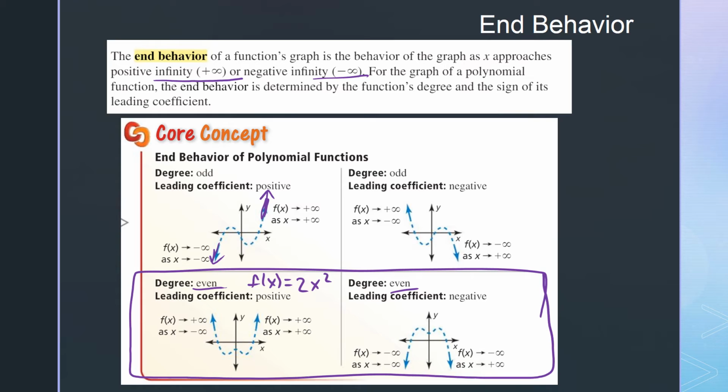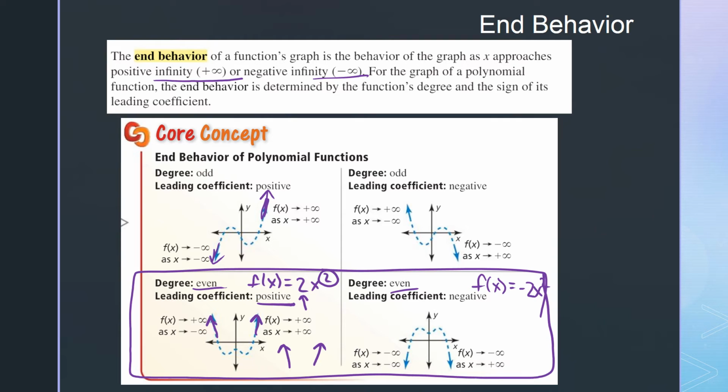So what this tells me is that when this degree is even and the leading coefficient is positive, so the 2 is positive, you're going to open up and up on each end. The way I'll ask you to do this in the book, you'll give me up, up, when you do examples. So for when it's even, but that first number is negative,